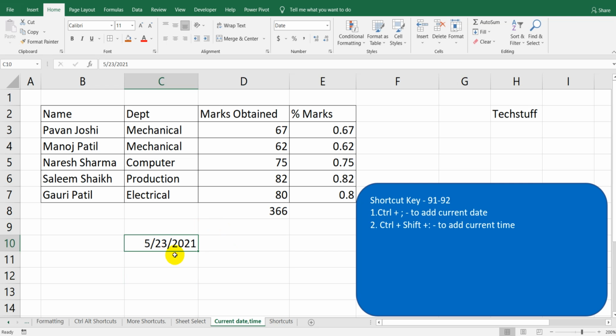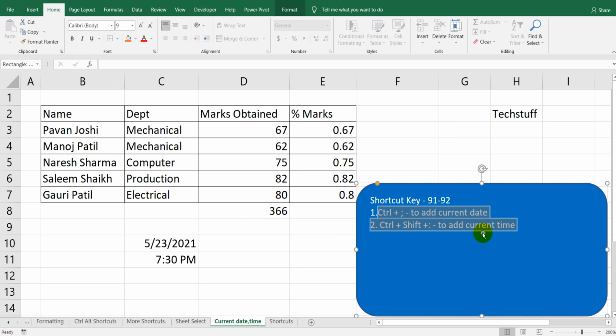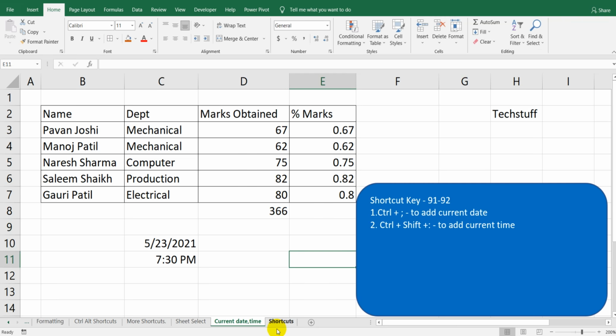If I want to add the current time, then I can use Control Shift and colon. You can see it is not semicolon, it is colon. So it will add the current time. So these are shortcuts 91 and 92 for adding the current date and current time.